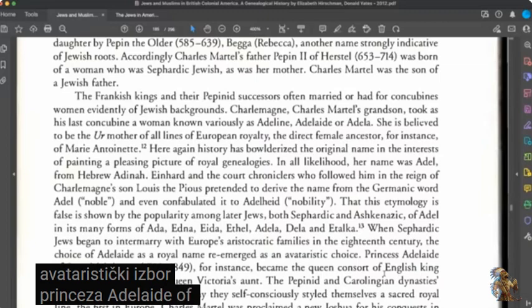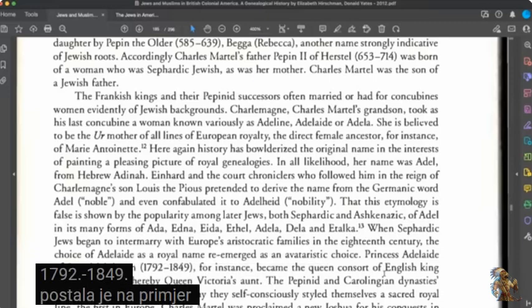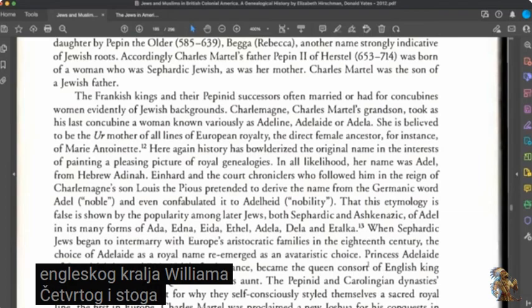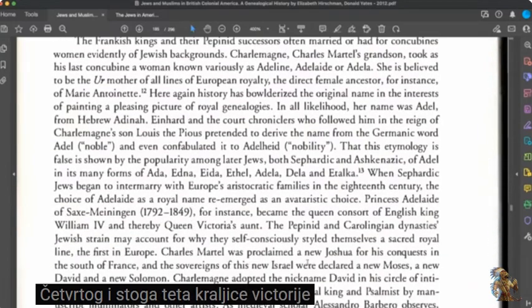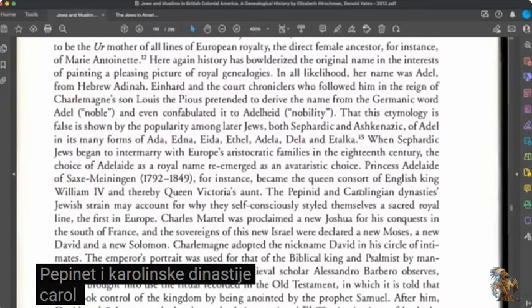Princess Adelaide of Saxe-Meiningen, 1792 to 1849, for instance, became the queen consort of English King William IV, and thereby Queen Victoria's aunt. The Pepinid and Carolingian